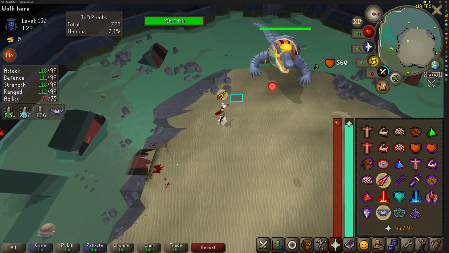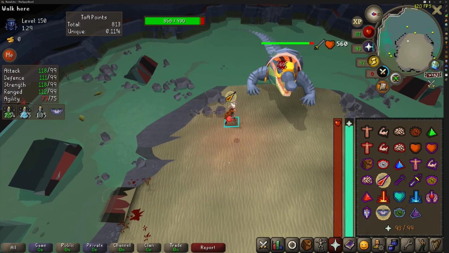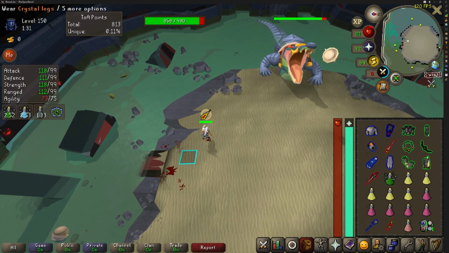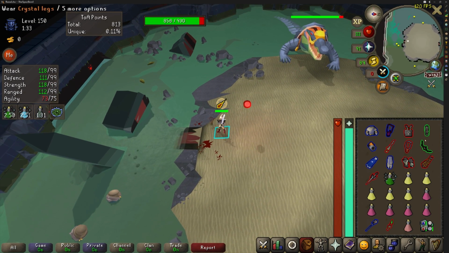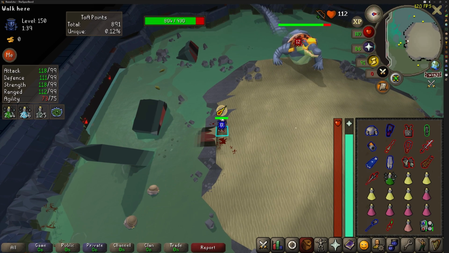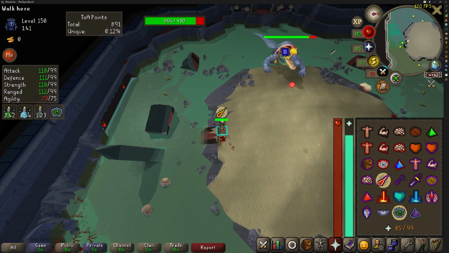As soon as you've hit him with a couple of specs, just make sure you're ready to start praying correctly and dodging those attacks. Assuming your specs have landed correctly, you want to come over to where I am now, get your range gear on, switch obviously to rigor, and then start just slapping him with whatever you have got. Now I'm also going to mention there's a special attack that can do massive damage where